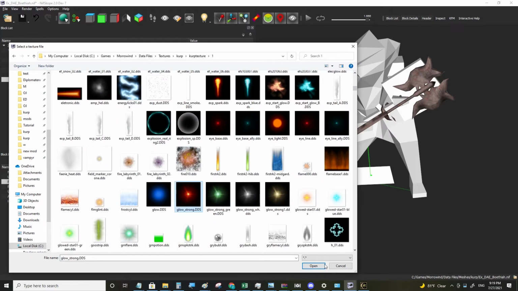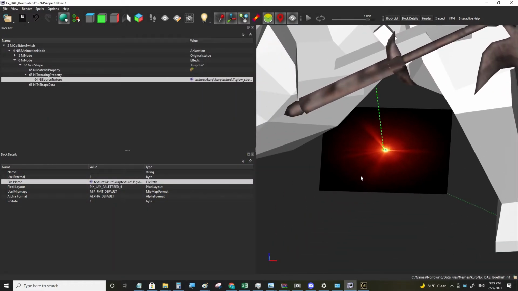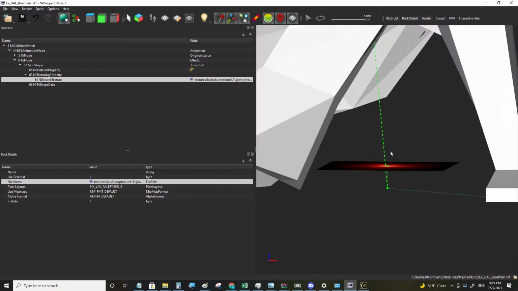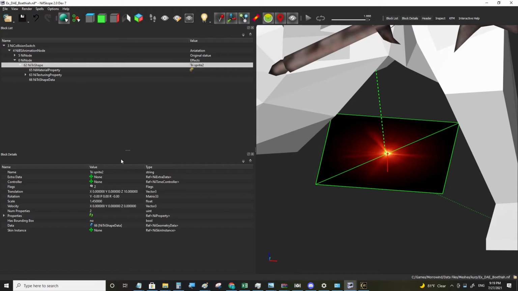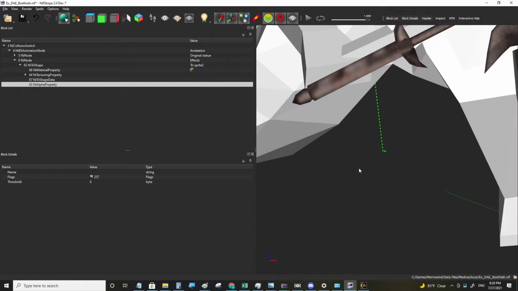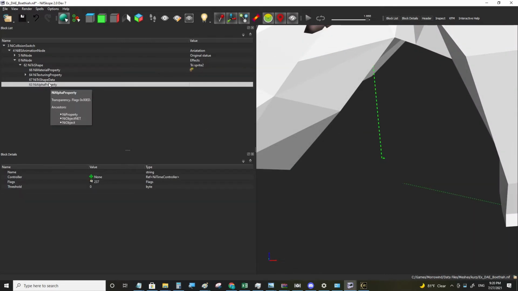For example, this glowing texture, and you can see here that this is not what we need because the whole black background is showing and we will need the NiAlphaProperty for that. So let's add NiAlphaProperty, and you see this mesh became transparent because when you add the NiAlphaProperty you